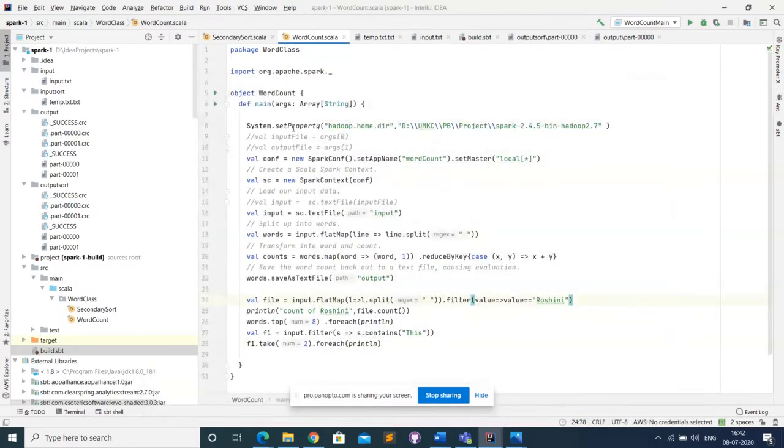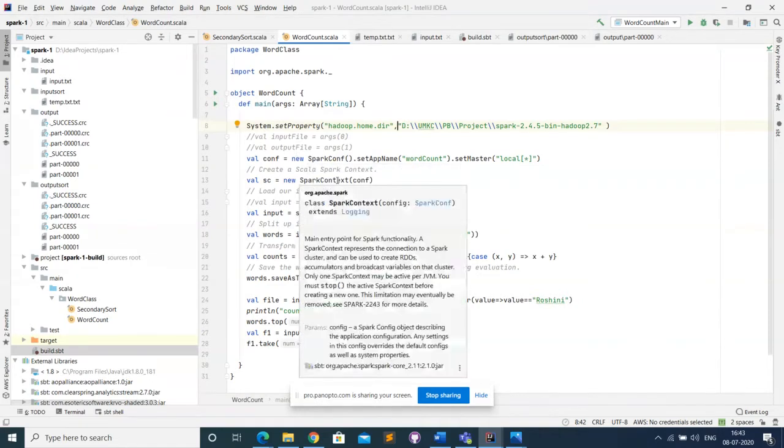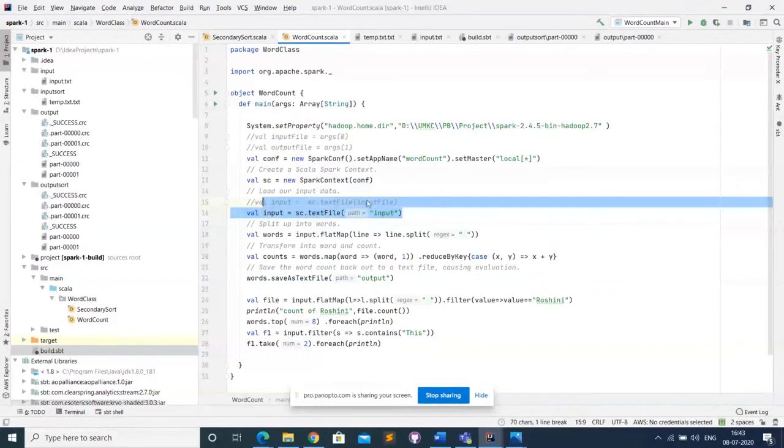So let's take a look. After installing Spark, what we have to do is set the environment variables. The same environment variable of Hadoop should be set for Spark here. Then the same thing that happens in MapReduce happens here. Just like Hadoop MapReduce, we'll be setting the configuration and we'll be setting the Spark context. And similarly, we are going to set the input that we have given in the configuration. The same thing will be given here also.